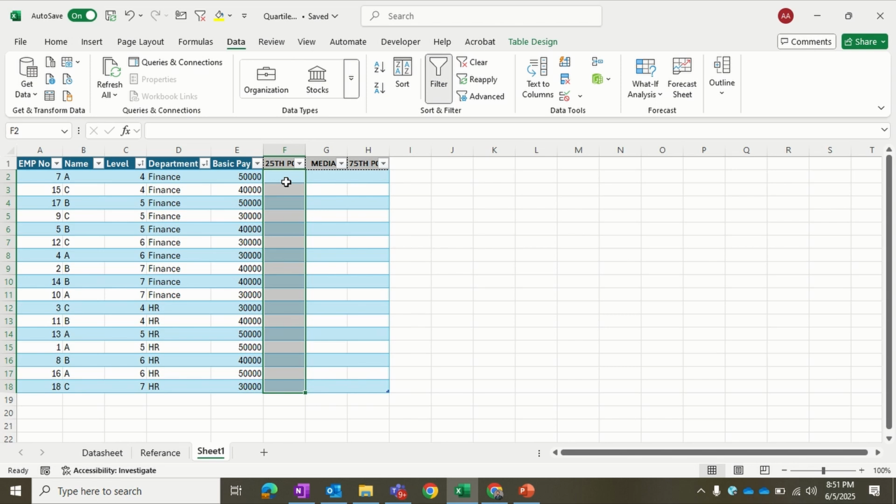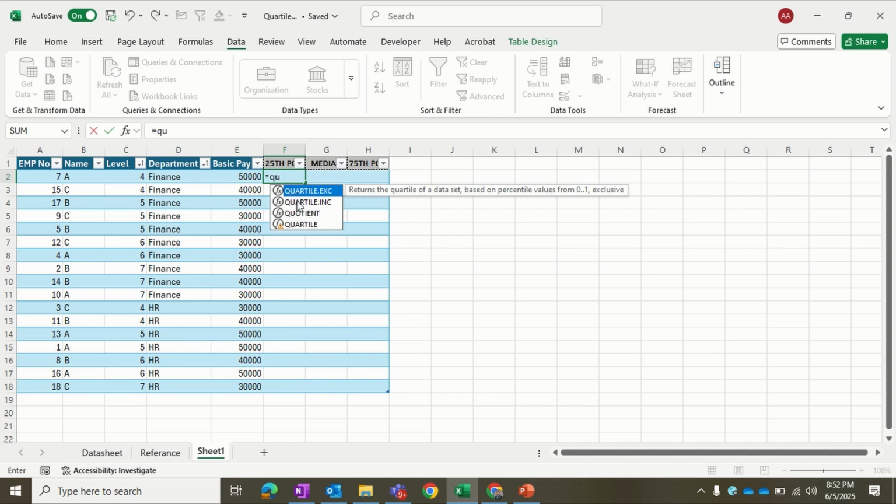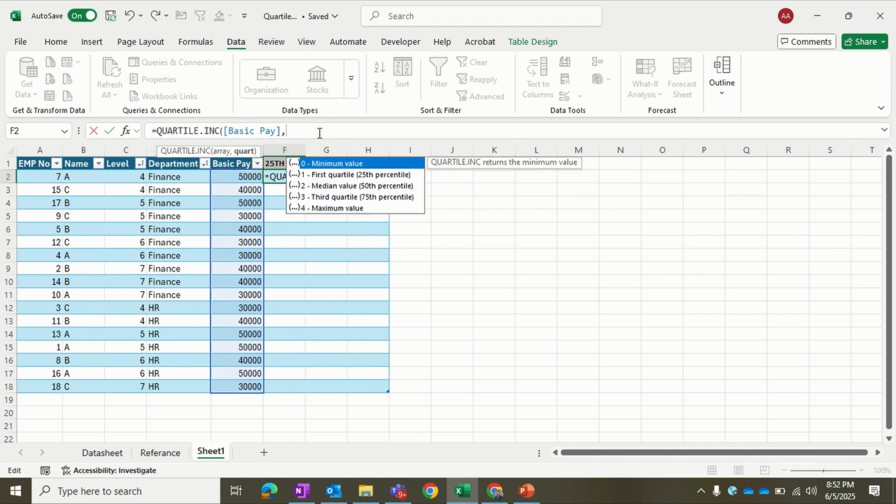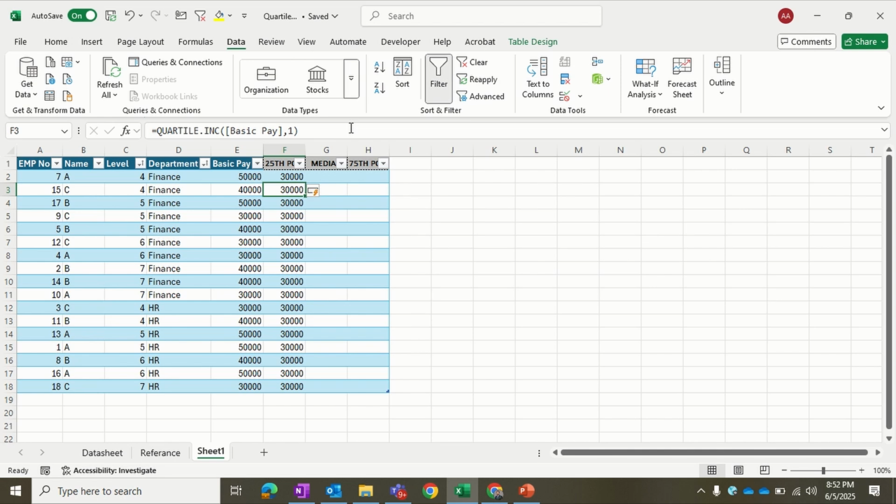So I might have to use, if it is an even number, we will be using quartile exclusive. Since we have an odd number, I am using inclusive. Quartile inclusive, and then I am selecting my array, and then I want to add the first quartile. You can see this is the first quartile. Now let me close it. So you can see I got the first quartile for the whole data set,